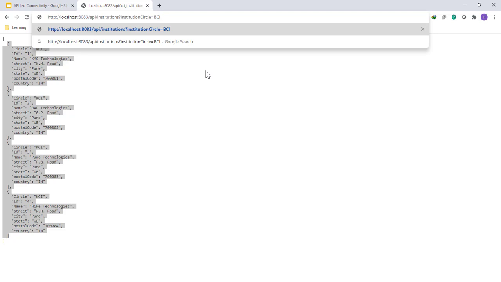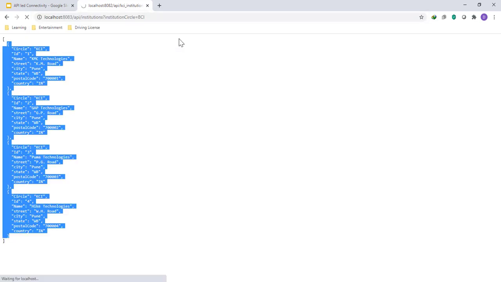In a real-life scenario, we will only share the URL of the Experience API, and in case there is a proxy API, we will share the URL of the proxy API. That proxy API will internally refer to the Experience API, the Experience API will internally call the process API, and the process API will internally call the system APIs to fetch the data from the underlying systems, right?